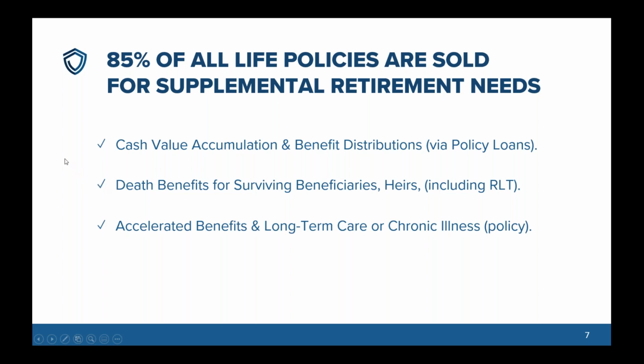The last thing is that now you have these other lifetime benefits called accelerated benefits or long-term care, chronic illness, depending on the type of policy that's structured. And what we've done is we've identified this. I've got a buddy of mine on here, Barry Bosco, and Barry's really into this. Barry brought up that, hey, these are things that we should have built in. And we actually have formulated some provisions in there. So upon disability, that becomes a distribution event, and the policy can help substantiate the cash flows for that. So at any rate, you're attending to any of the benefits that the life insurance policy can provide